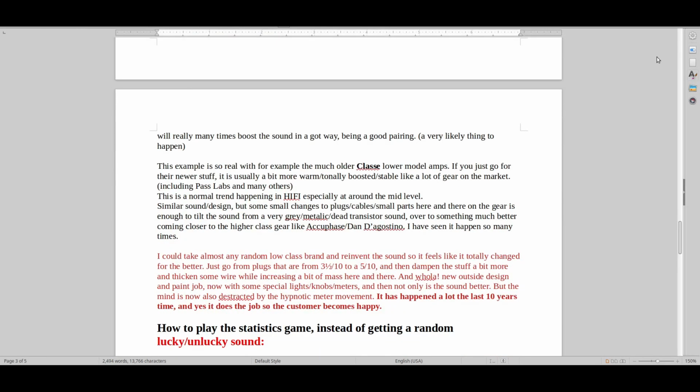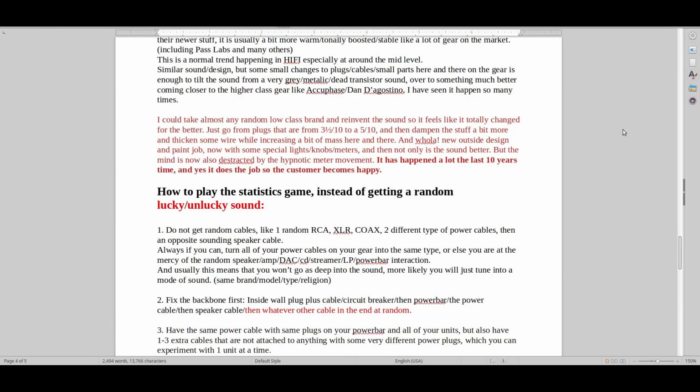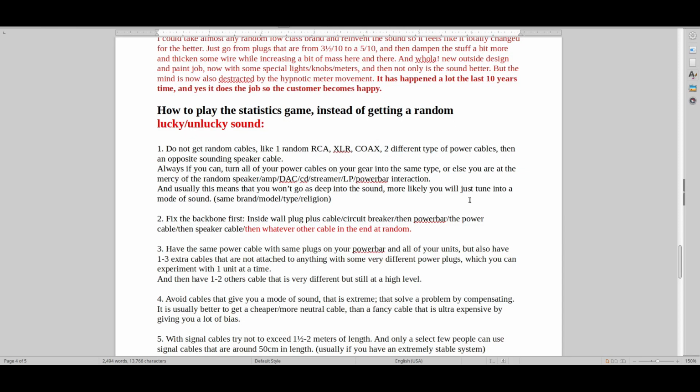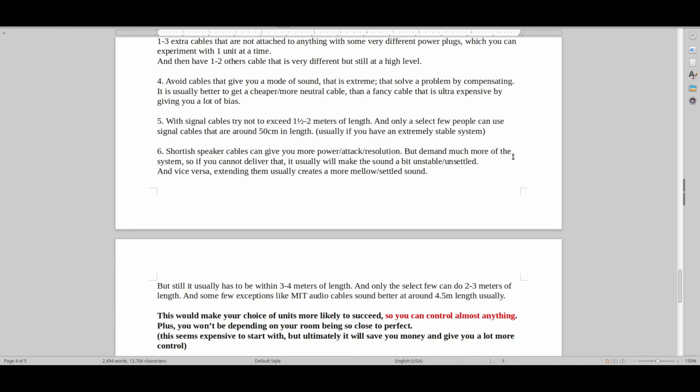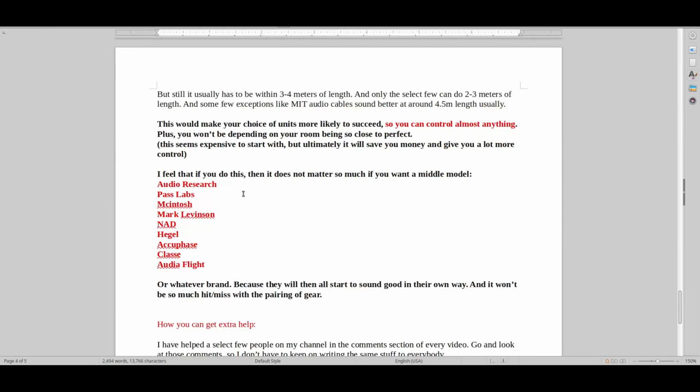I used a lot of time on writing this, and here's also a very good part on how to play the statistics game, so that you don't have to feel that you have to get that magical speaker, that certain type of amplifier, that certain combination in your room. And I feel that if you do this, then it doesn't matter so much if you're looking, for example, at these brands here and you're choosing, let's just say, the middle model. I would say that it doesn't matter so much